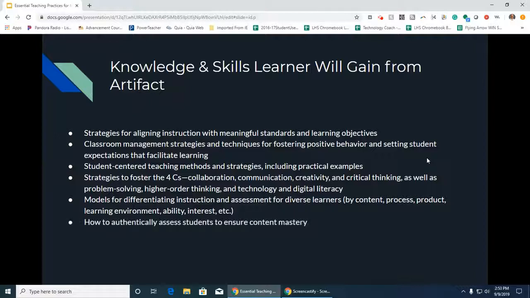How authentic assessment ensures content mastery. I will be assessing my students formally throughout the class, and then summatively at the end of the class. For students to demonstrate mastery, they will need to create a functioning app that helps them solve a real world